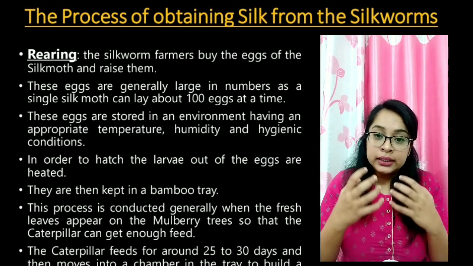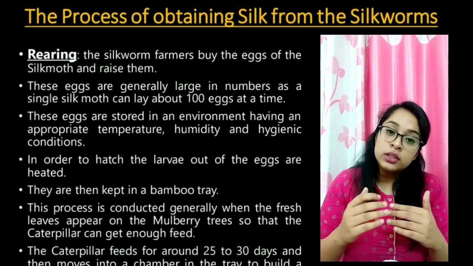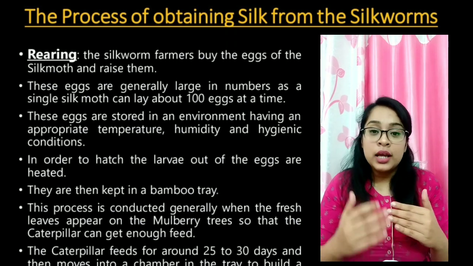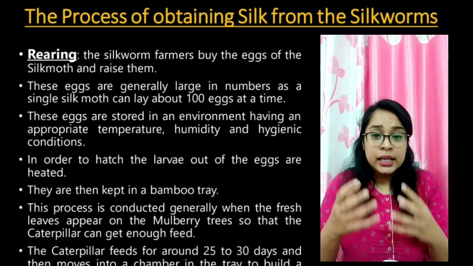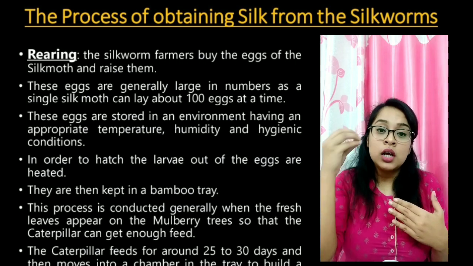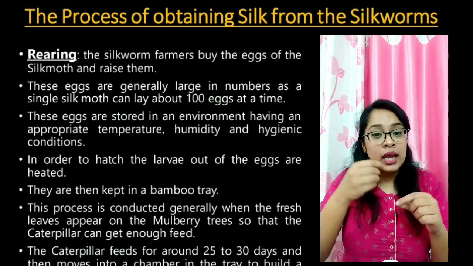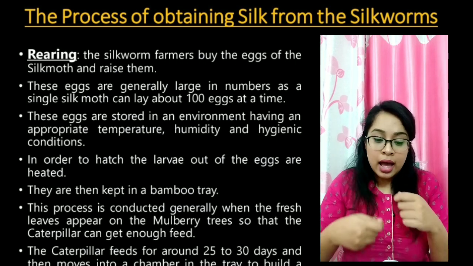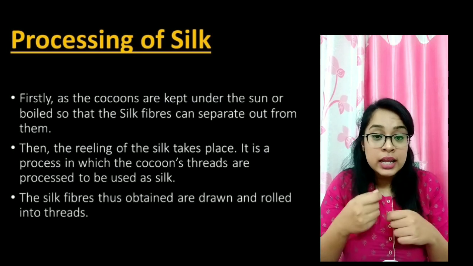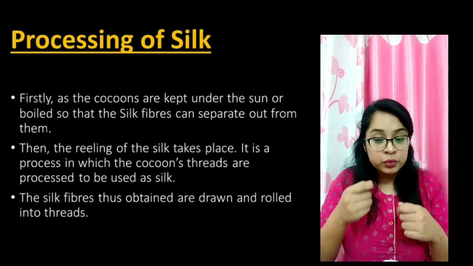Now the farmers collect these cocoons. They don't allow the caterpillars to mold into a silk moth. They generally heat or boil those cocoons. When they boil the cocoon, the larvae inside will die, and they will simply entangle the cocoon and take out the silk. This is called reeling of silk, that is taking out the silk fiber from the cocoon.